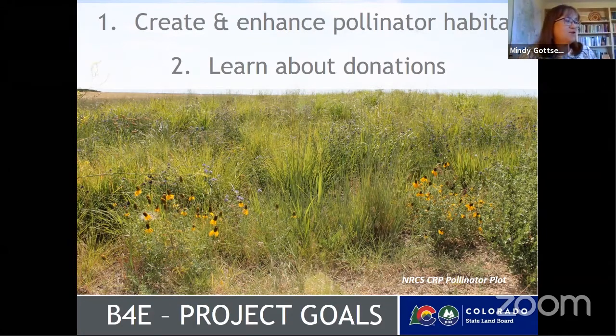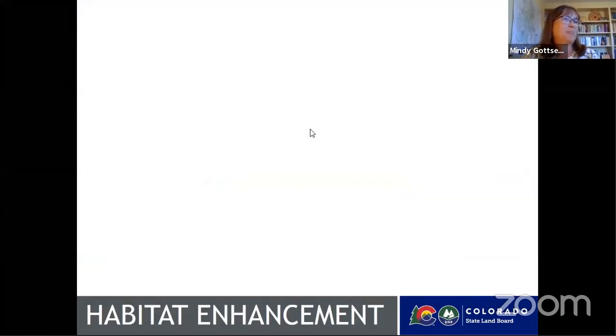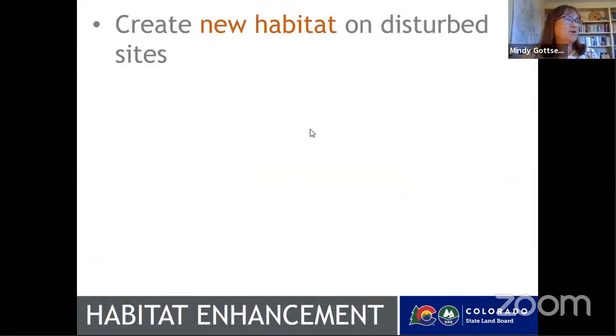So our Biodiversity for Education program has two primary goals: first, to create and enhance pollinator habitat, and secondly, to learn about donations. Is it possible for us to generate voluntary payments or donations to create these on state trust lands? So our goal is primarily to create enhanced pollinator habitat, and we're doing that by creating new pollinator habitat on